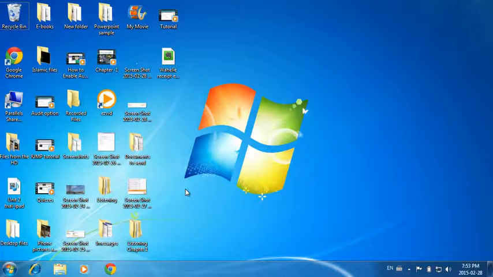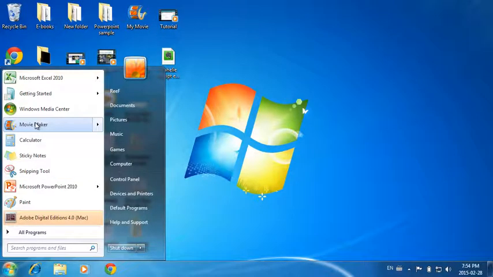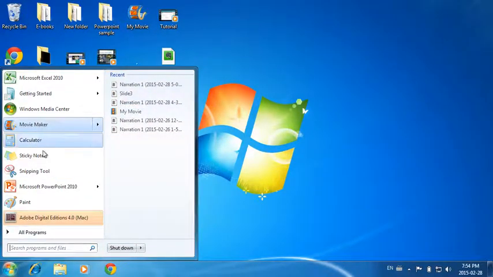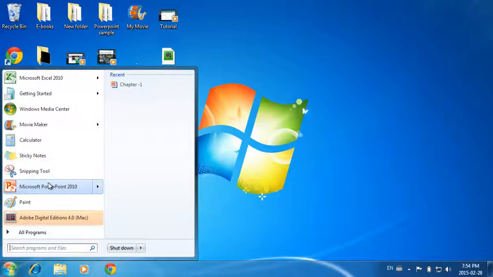Welcome to the tutorial on how to convert PowerPoint into video. Now, first you need, of course, to download a program called Movie Maker, okay? And of course, you need PowerPoint. So let's get started. Go to Microsoft PowerPoint, all right, and go to any